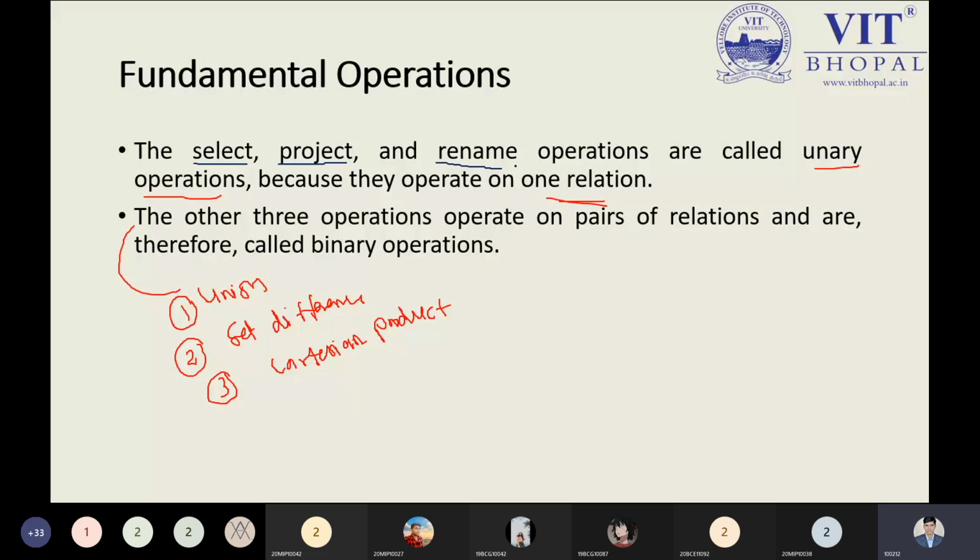I am repeating once again, I can write over here: to use fundamental operations, one relation is active.